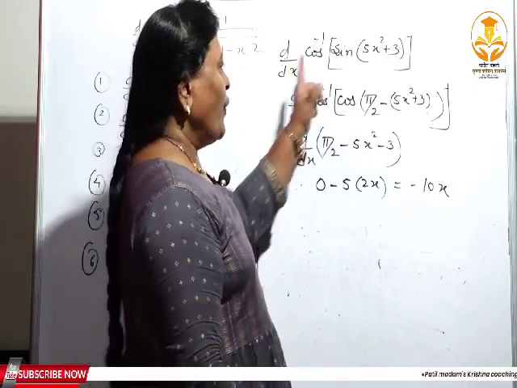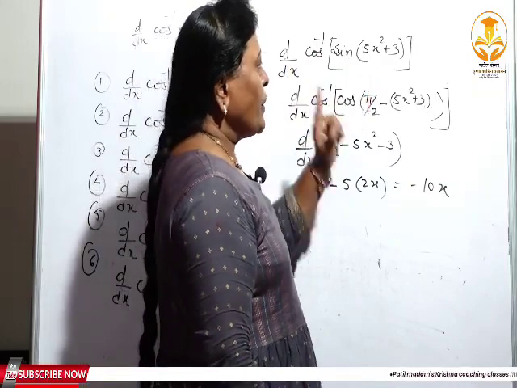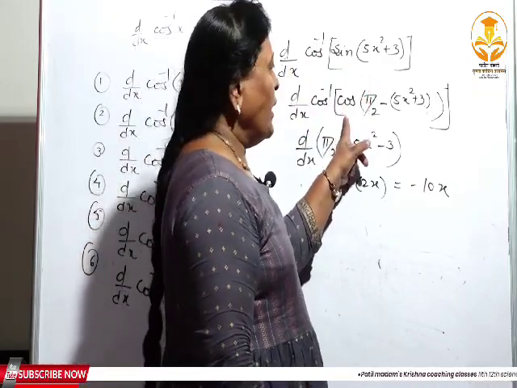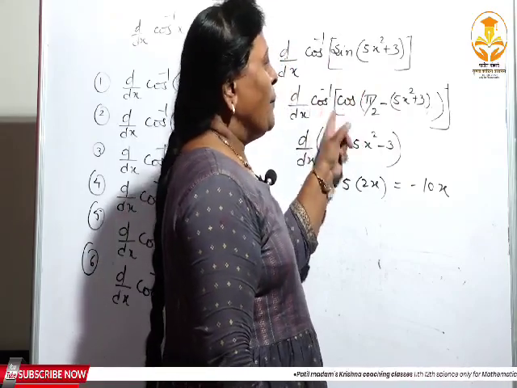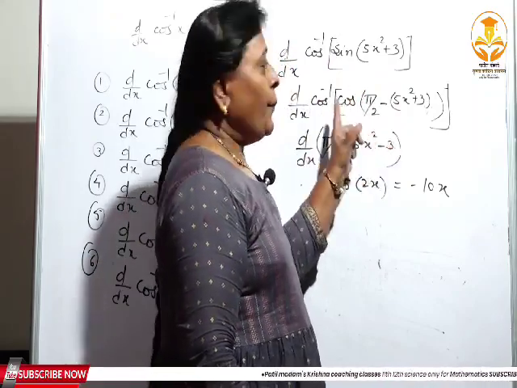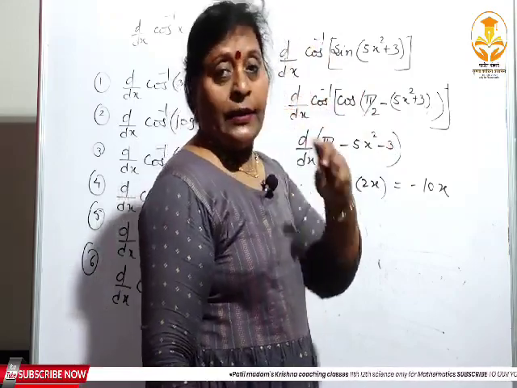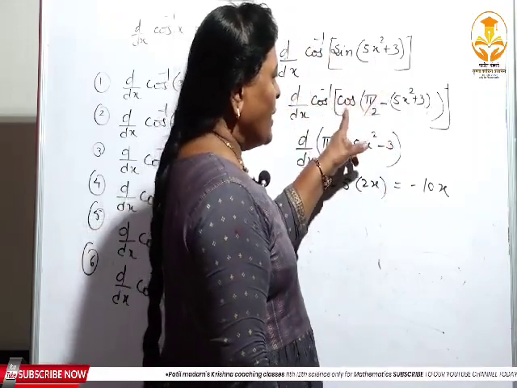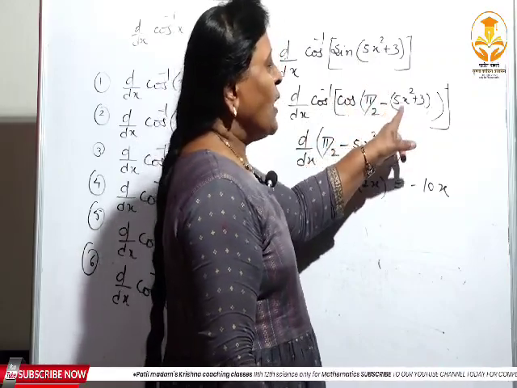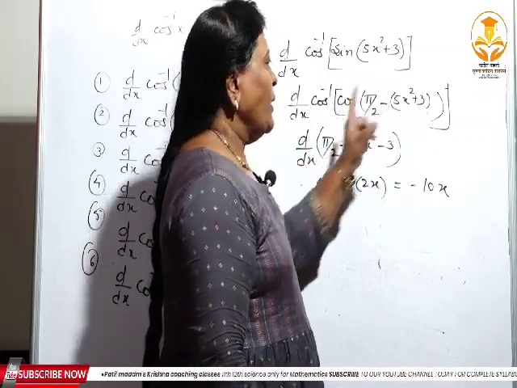Therefore you have to convert that sine in the form of cos by taking the help of pi by 2, because sine of (pi by 2 minus theta) is always equal to cos theta. Therefore this angle you can write as cos of (pi by 2 minus (5x square plus 3)). Again cos inverse